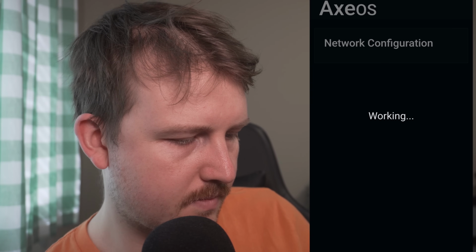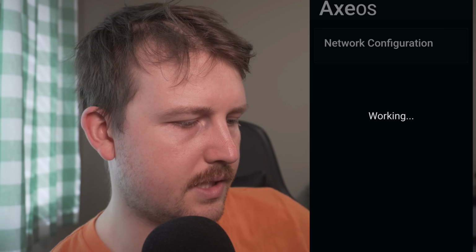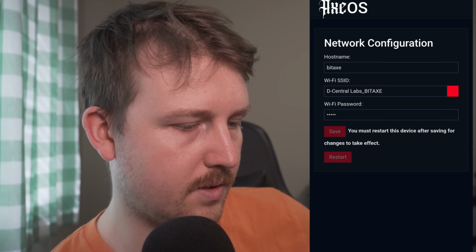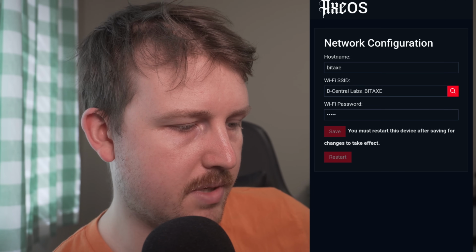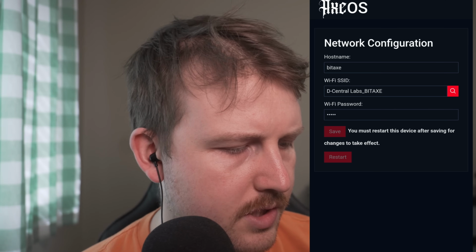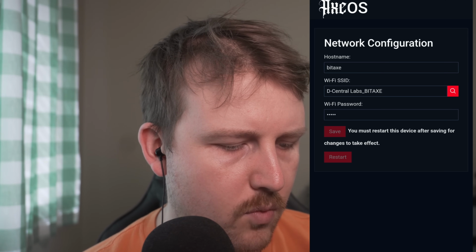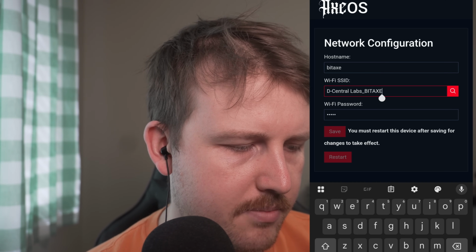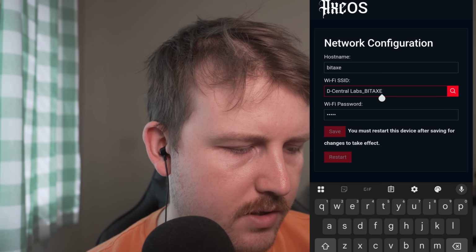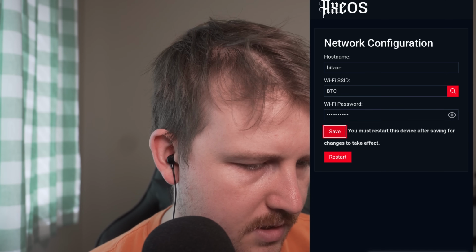So once the BitAxe is plugged in, it's actually emitting its own Wi-Fi signal, and we're going to use our phones to connect to that signal. So we go into our internet, and there will be an internet address that starts with a BitAxe name. So let's connect to BitAxe. And when we do, it wants us to sign into the network, and it will automatically open up the BitAxe information here. So then we need to change this information to our actual Wi-Fi that we use at home and type in the actual Wi-Fi password as well, which I will do now. And then let's press save